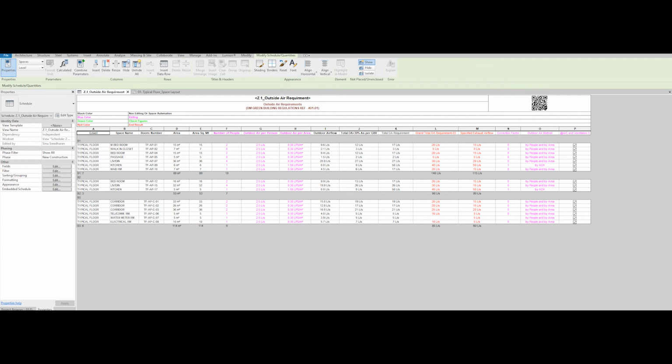And there is an important column I created as a correction factor. This default value will be 0. If this particular space is under negative pressure, we have to make this correction value 1. So this space will be considered as negative pressure, and the fresh air and the exhaust rate will change accordingly.